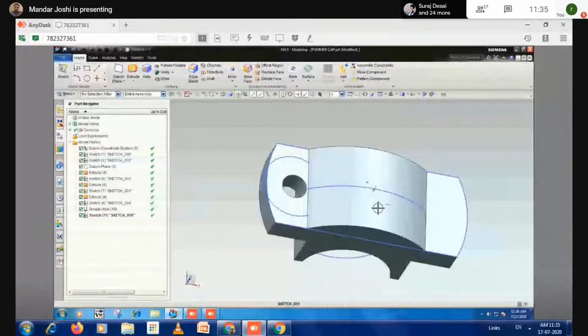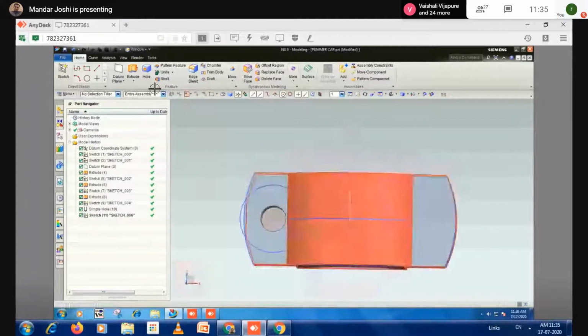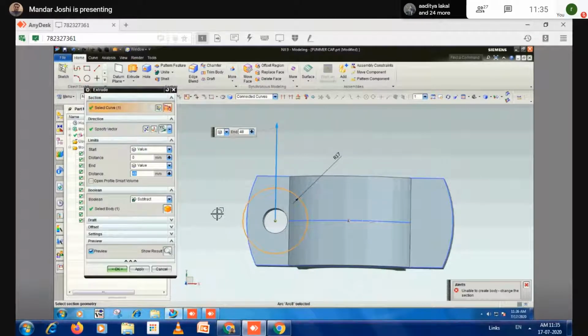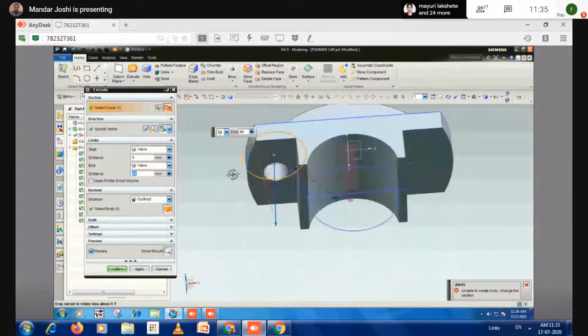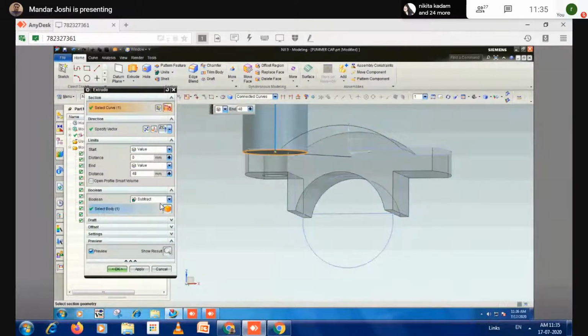But if you try to cut it now, what will happen? Just see. Extrude. What to cut the profile? This circle. The direction of cut is which one? Press 8 key. The direction of cut is Z. Correct, ZC. So I take the ZC. And the depth is up to next, from 0 to up to next.